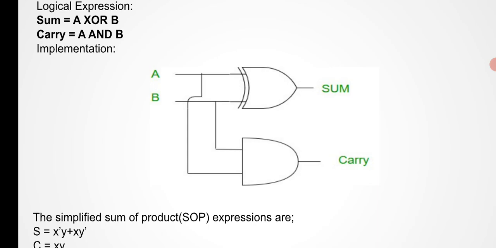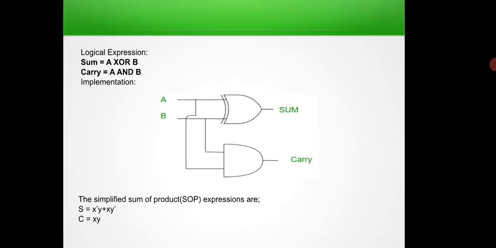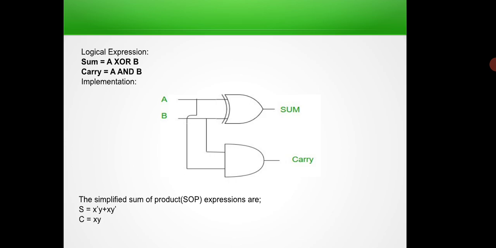Now A and B, they are two inputs. A and B are given to the XOR gate for the sum. Now both A and B are given to the AND gate for carry. Fine, this is the representation. So XOR gate means definitely it is an exclusive OR gate. You have one extra line before the OR gate, but the AND gate is nothing but a general AND gate. You don't have a new concept here.